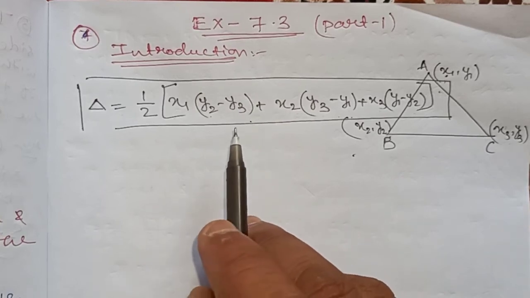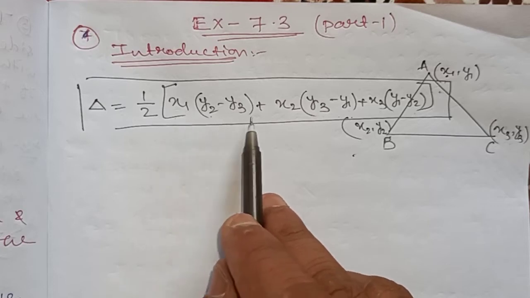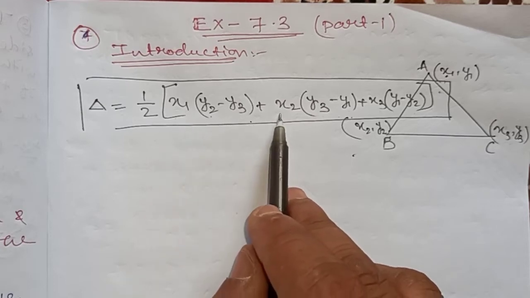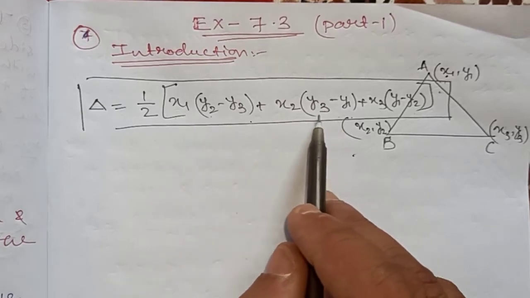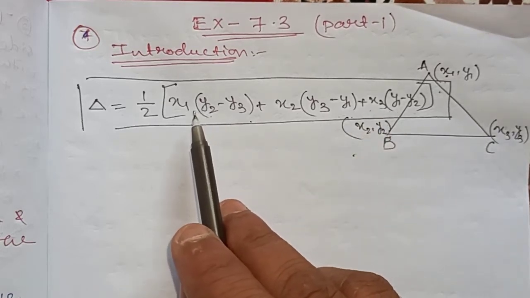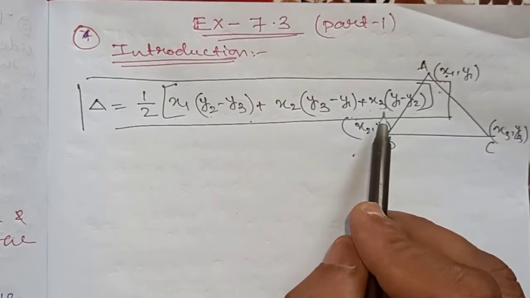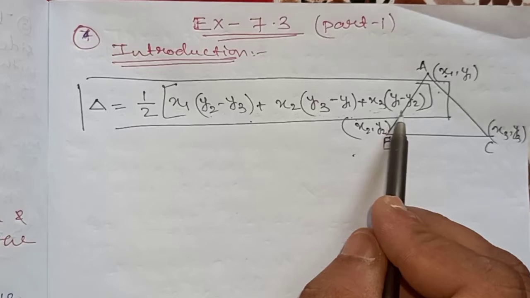Okay, it is very easy to remember the formula. You can see that the first term is x and the rest of the two terms are y. Again the first term is x, then again two terms are y. Third term is x, again two terms are y. Here you can write 1 2 3, then 2 3 1, then 3 1 2.